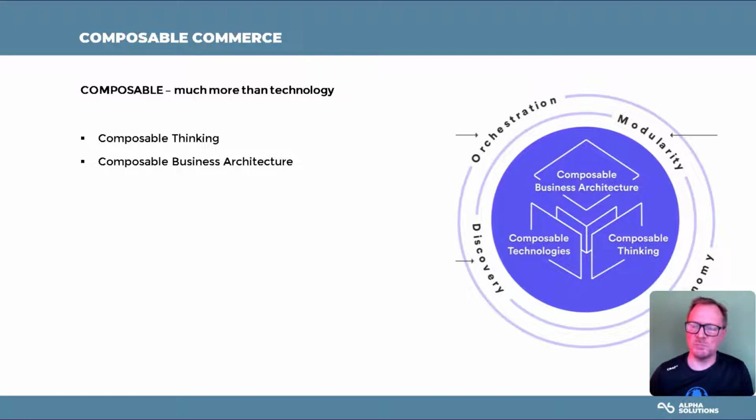Secondly, we have composable business architecture. This is more about the organization as such, and it's about creating flexibility in your organization. This includes three dimensions, namely engagement, technology, and capability. Note that composable business architecture is an addition and not a replacement for your current business architecture. It's a way to visualize and identify needed changes in your organization so you can move faster and capitalize on various digital business initiatives. So it's not a business model, but rather it assists your company in preparing a model that supports a digital acceleration.